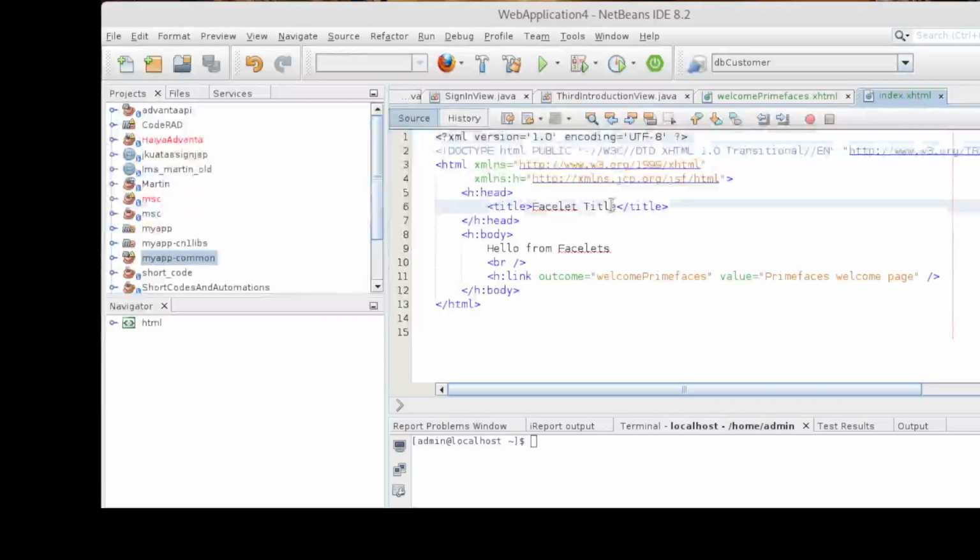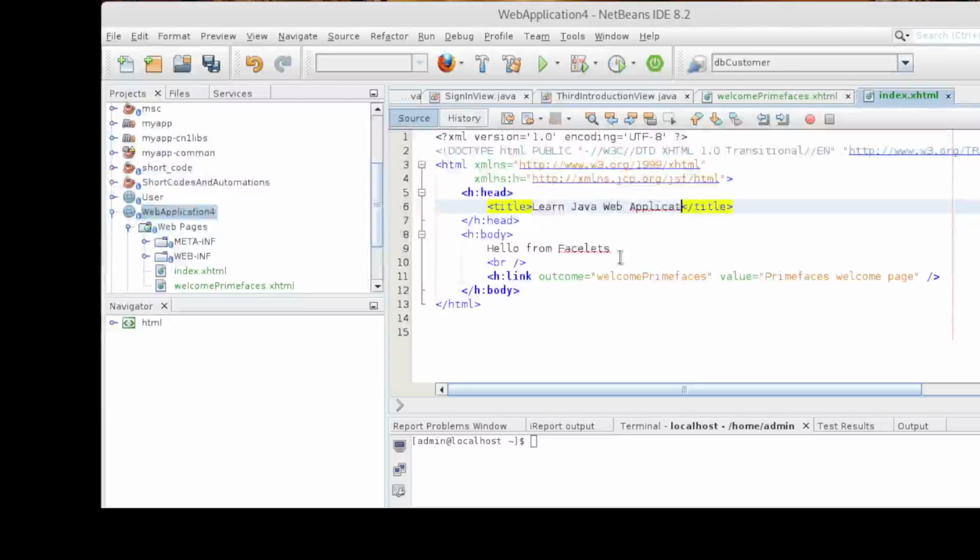But for now you can just give it a different title. Give it any name that you want. This will be our login page.